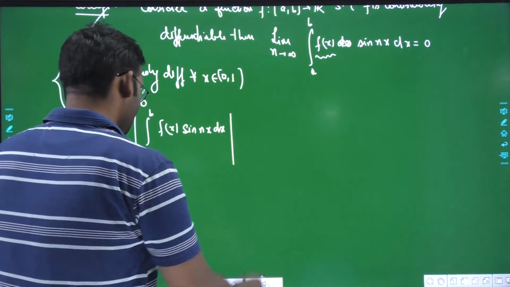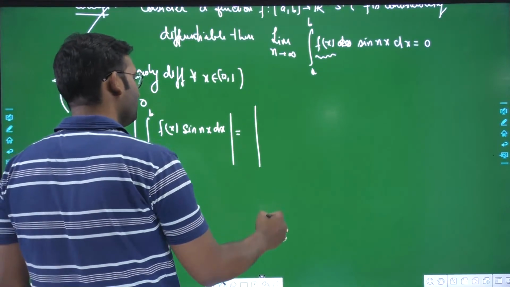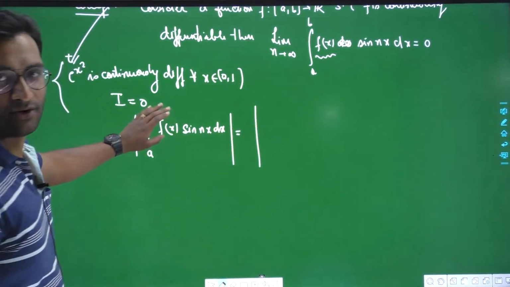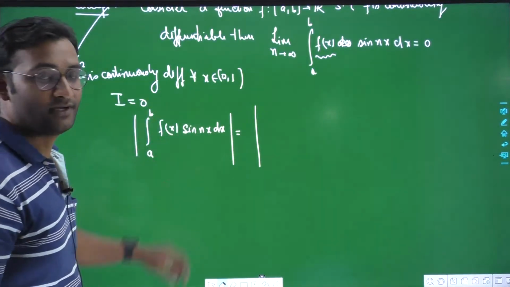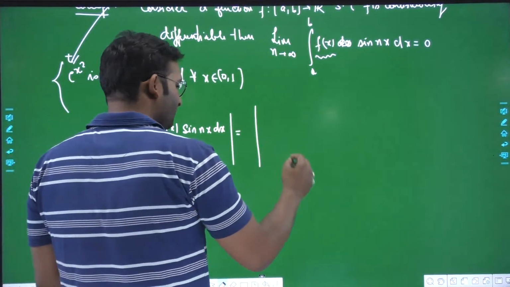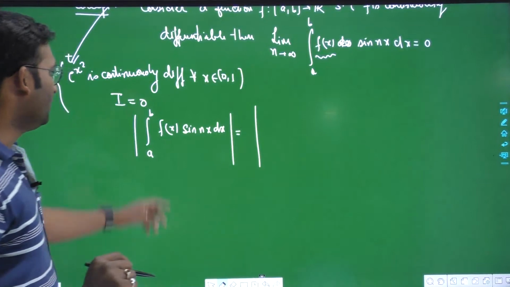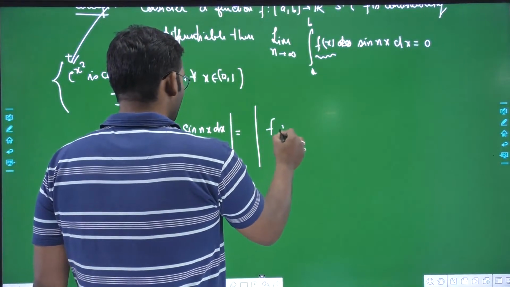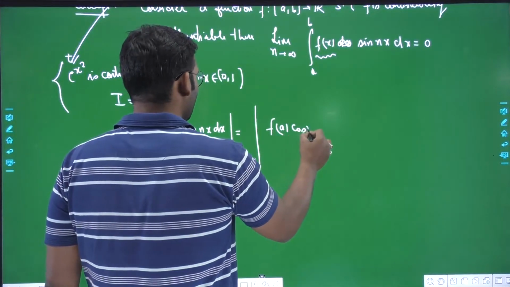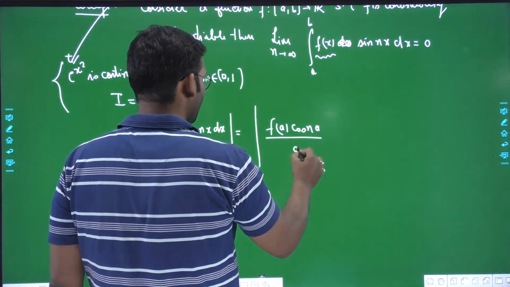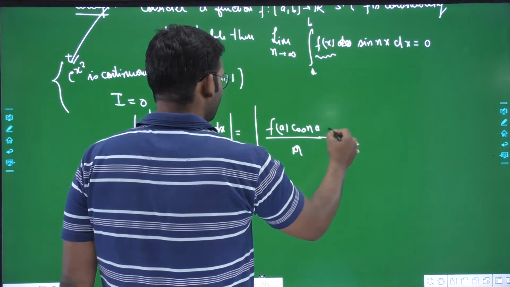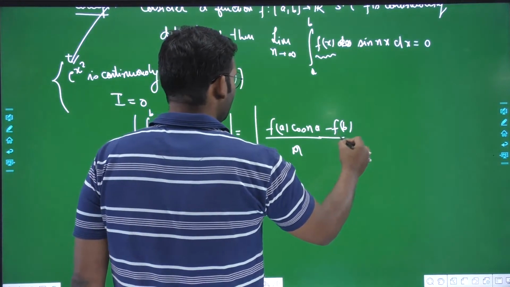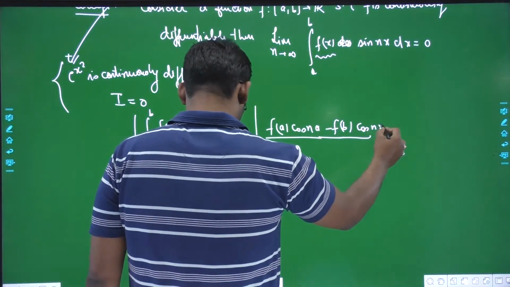So it will be equal to modulus of, and we just keep f of x as is and integrate sine of nx. So sine of nx on integrating will give you minus cos of nx, and integrating from a to b, you will find f of a cos na, because of the negative sign, so writing minus f of b cos of nb